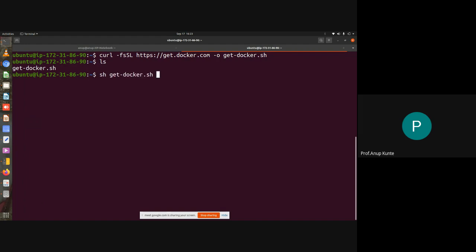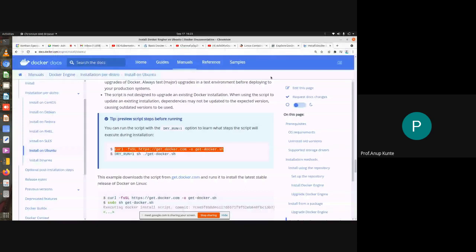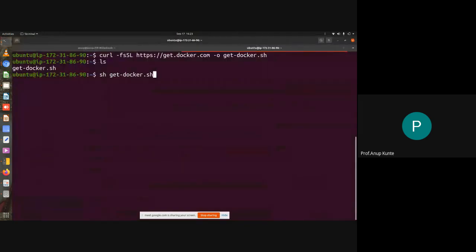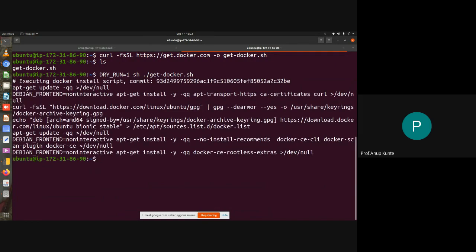And now I need to just execute it. Should I execute it? Yeah. It gives some option and then executes it. So I'll just give the same option so that there is no issue. This is an environment variable that you are creating, DRY_RUN equal to 1, and then you are saying sh ./docker.sh. You are executing the docker install script, apt-get update, DEBIAN_FRONTEND=noninteractive apt install -y, and it did something very fast.